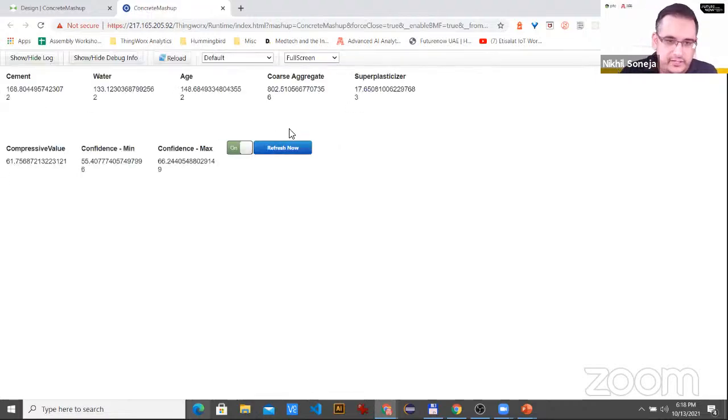So you can definitely see the mashup as well. You can see it's refreshing also. It was showing both the values that are being simulated as well as being predicted using the prediction event. So this is a fully operationalized model, which is taking any cement, water, age, coarse aggregate, and superplasticizer, the 5 features we have, and giving you a prediction. But again, this is not a time series, because it is taking these values without any timestamp, and it is giving you one prediction based on that.